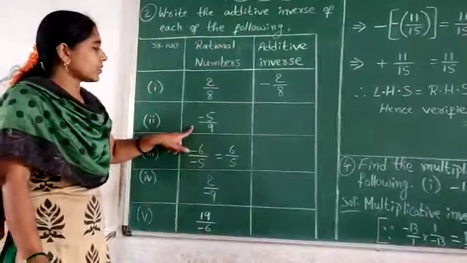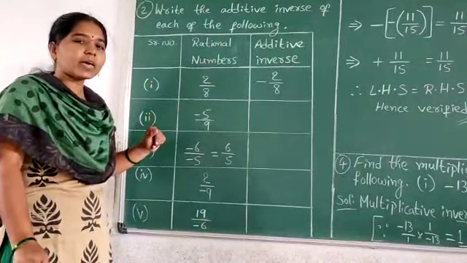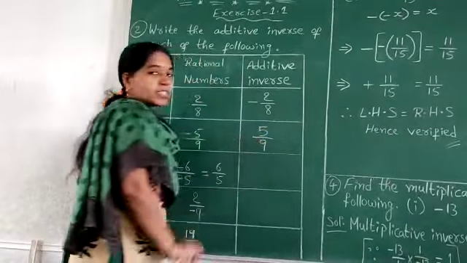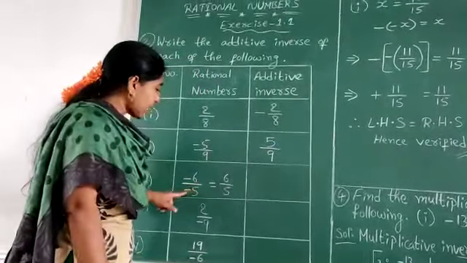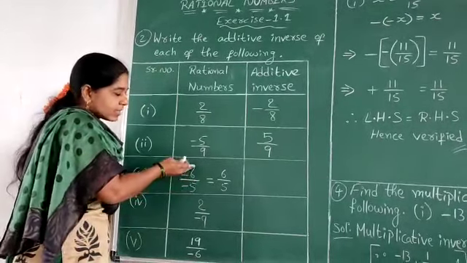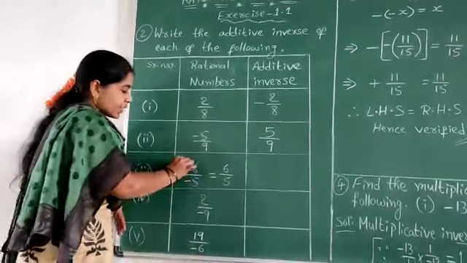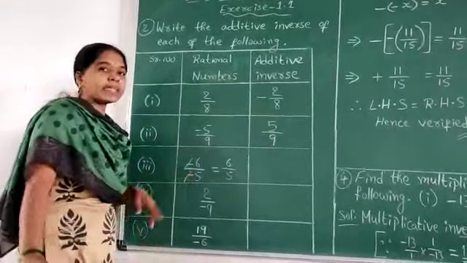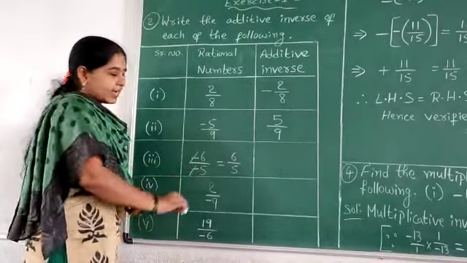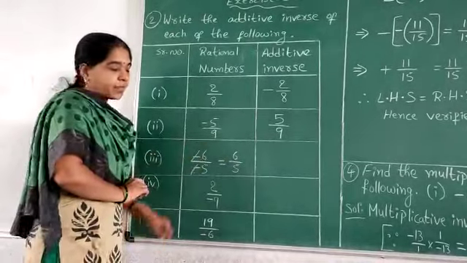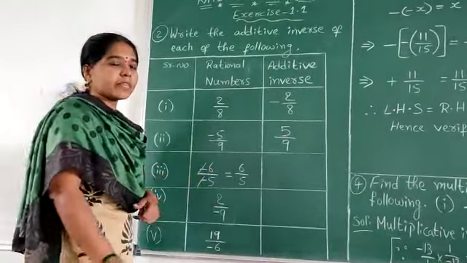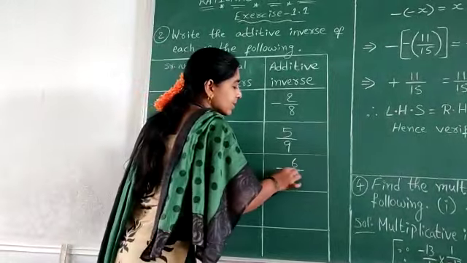Okay. Next one. Additive inverse of minus 5 by 9 is 5 by 9, which is nothing but plus 5 by 9. Observe this carefully. Numerator minus and denominator also minus. They have given both numerator and denominator as minus. Let's strike out the negative numbers, that is minus minus, you cancel it. Only 6 by 5 remains. Means it is a positive rational number now. Additive inverse of 6 by 5 is minus 6 by 5.